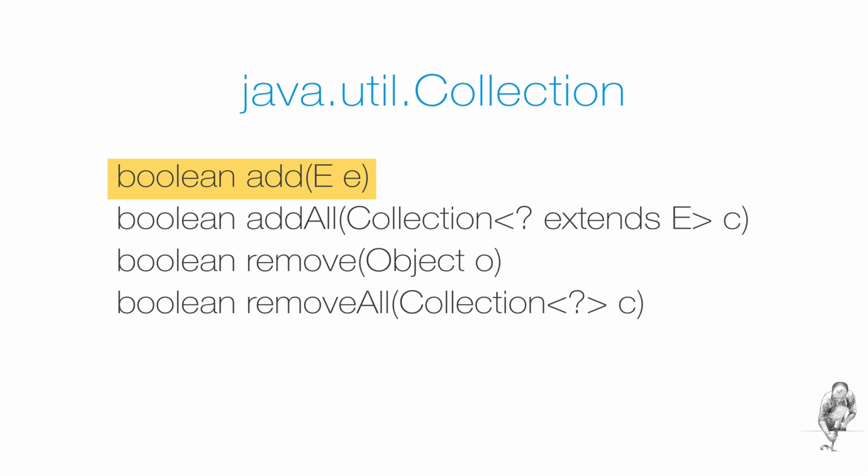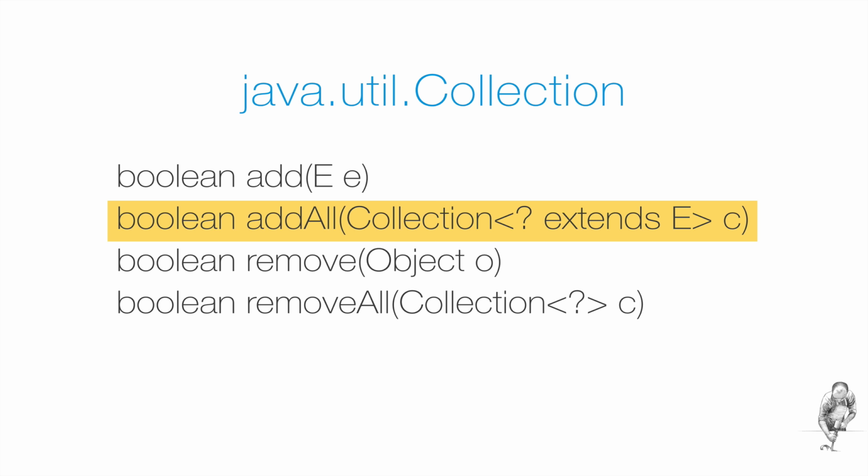So here you can see the first set of methods that implement the collection interface. What I say about these methods does not only apply to ArrayList, but also to all classes that implement the collection interface. The method boolean add appends the element to the end of the collection, to the next empty cell of the underlying array.